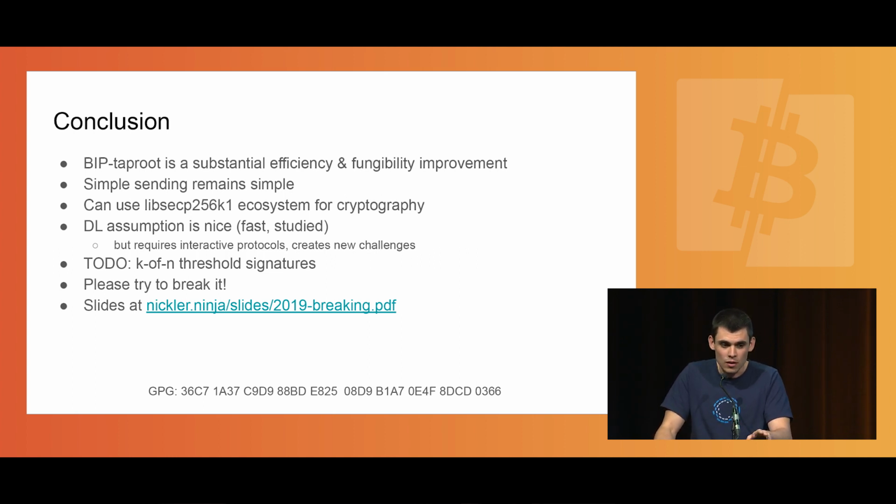So there's still the discrete logarithm assumption in place, which is nice because verification is pretty fast and it's a well-studied problem. The problem is, though, that this often requires, as we have seen, interactive protocols, and they have challenges on their own. At least these challenges are off-chain, but still this is a very interesting problem. We haven't talked about K of n threshold signatures just due to the time constraint. There is a pull request for this to libsecp256k1-zkp right now, but we're working out subtle issues with denial of service attacks.